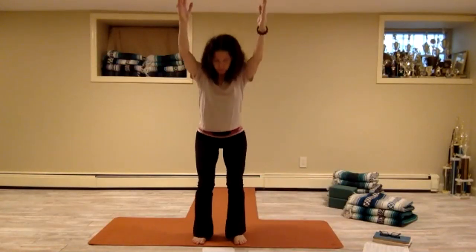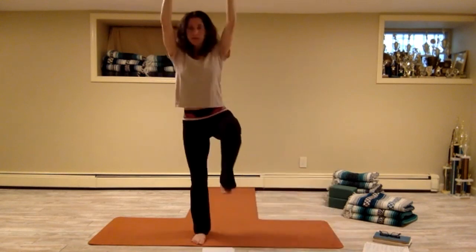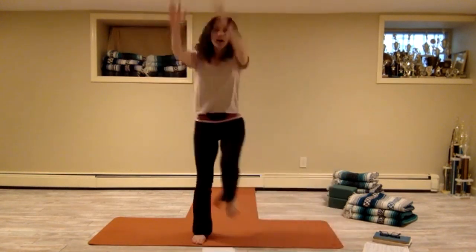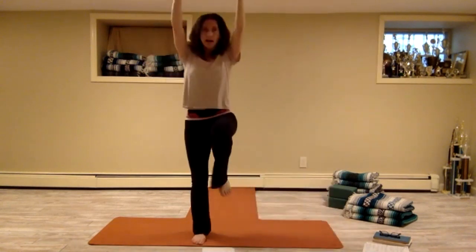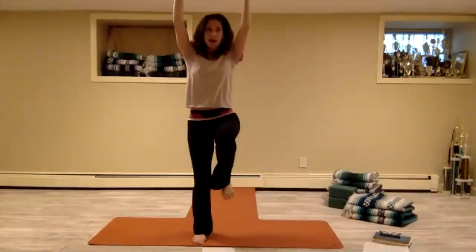Good, let's add on to that. Go to a chair pose. Let's step the leg out. We're going to take the right knee up. So we have chair, out, up, 2 chair, out, up, 3 chair, out, up, 4 chair, out, up, 5 chair,